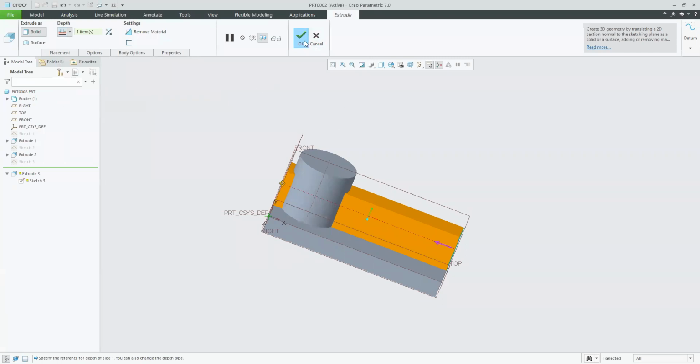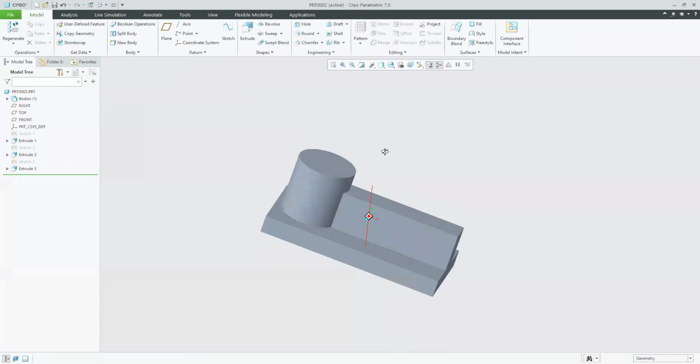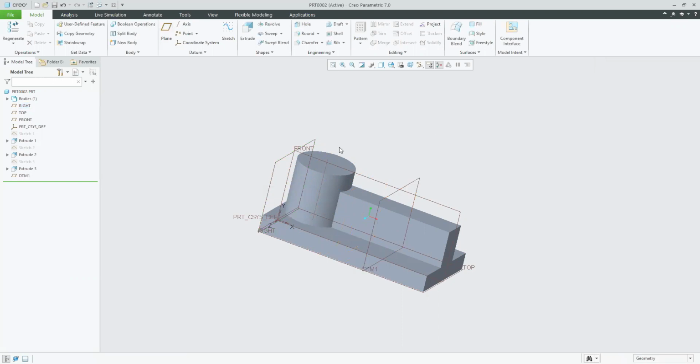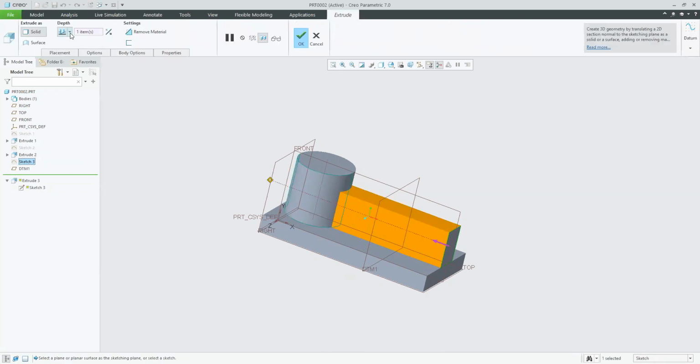Let's try to prepare one plane. I will cancel this. I am just preparing one plane till this location. This plane should actually go up, and now I am telling this extrusion as edit definition, and I am telling this extrusion that you go till a specific plane, which is this plane.